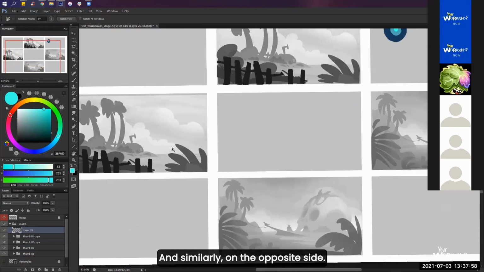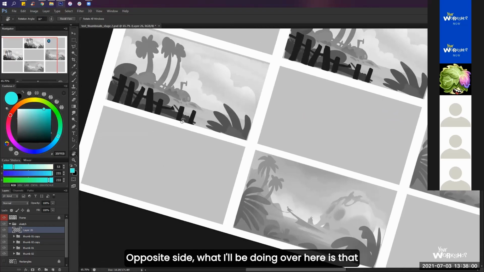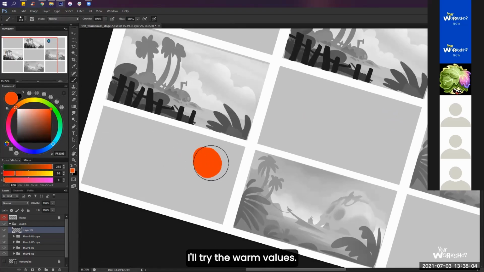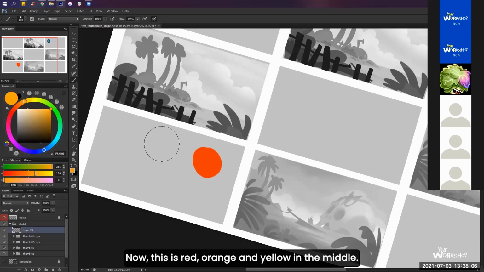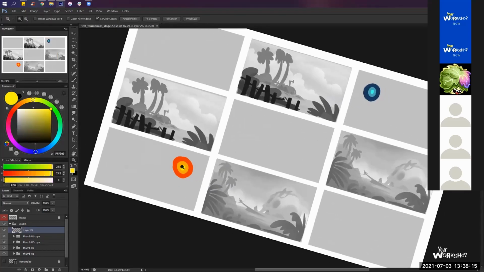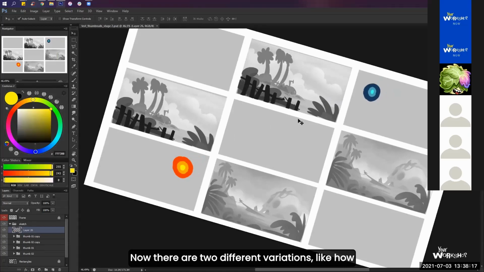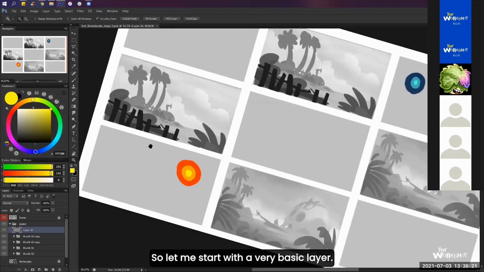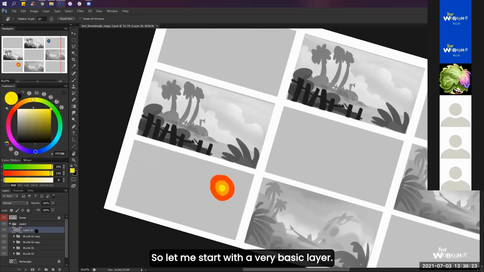And similarly, on the opposite side, what I'll be doing over here is I'll try the warm values. Now this is red, orange, and yellow in the middle. Now there are two different variations of how you can play around with these color palettes. So let me start with a very basic